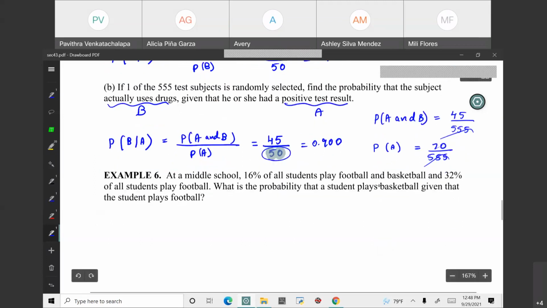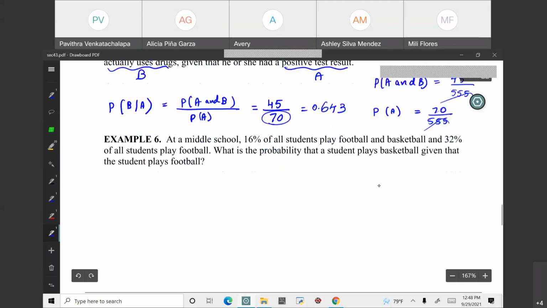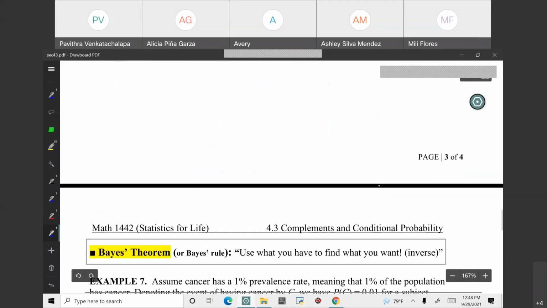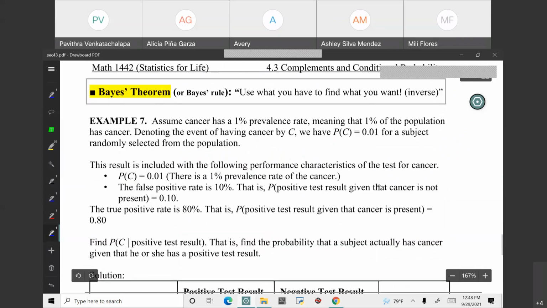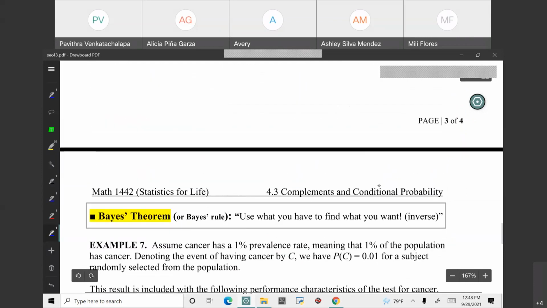So this is 70. So 45 by 70 is 0.643. Now solve example 3. Okay, no time. Fine. We will do this in